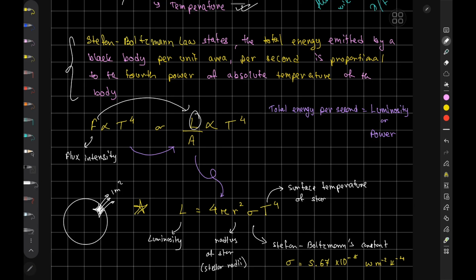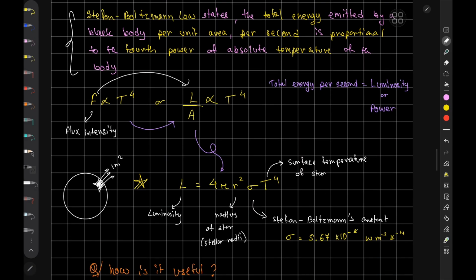By the way, luminosity I had written as power in the derivation. So luminosity is simply the total power emitted by the black body per unit time. Okay, great. So luminosity by area is the flux intensity,